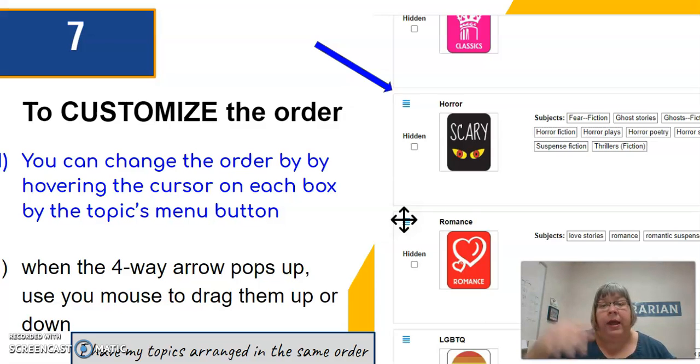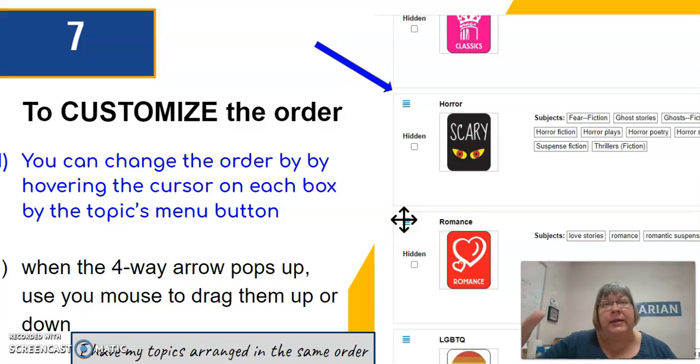Okay, so now I have all my topics in there. Well, you can change the order they appear on the ribbon. So you simply put your mouse on the little menu button, and if you hover it there, you're going to get your 4-way arrow, and you simply drag it up and down. I have my topics arranged in the order that they're in the library.